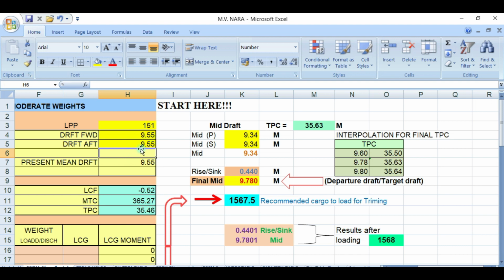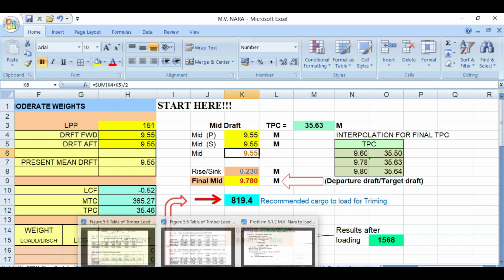Since you have your forward and aft draft, it is recommended that you also take your actual draft of your mid port and starboard. So let's say you have no list and no trim. Assuming 9.55, 9.55, and your mid draft will be 9.55.